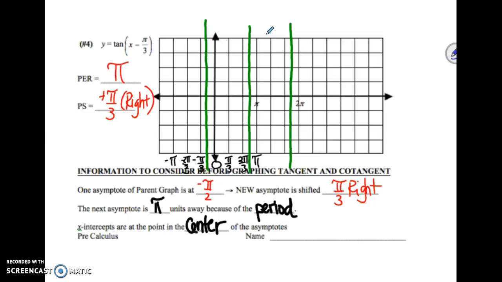We know that tangent is going to be at 0 right in the center of our period. So we have to have an x-intercept right there and an x-intercept right there. Okay, then we know that our graph is going to be up at positive 1, halfway between the center and the asymptote. So that is going to be right there, about 3/4 of the way. So right there and right there. Again, I could figure out exactly what those values are, but it's not important. It's just important to figure out exactly where they go. Right here and right here. I'm just dividing that distance in half. There we go. And I just graphed 2 periods of y equals tangent of x minus pi over